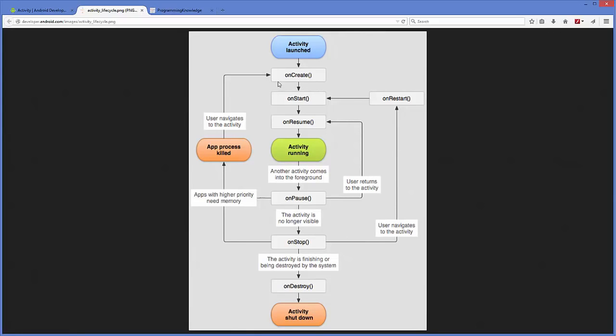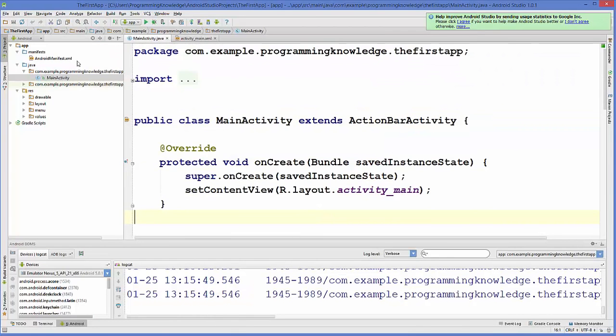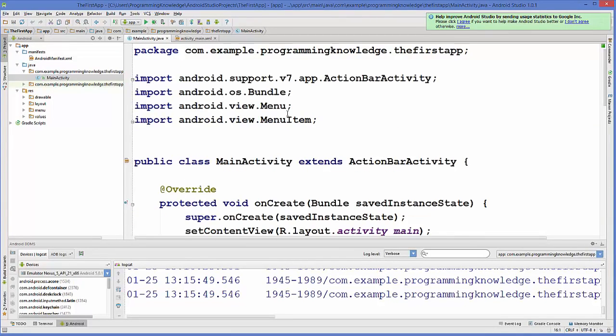So we will try to call all these methods one by one, and we will see how these methods are called in order, right? So what we are going to do is, in our MainActivity.java class,